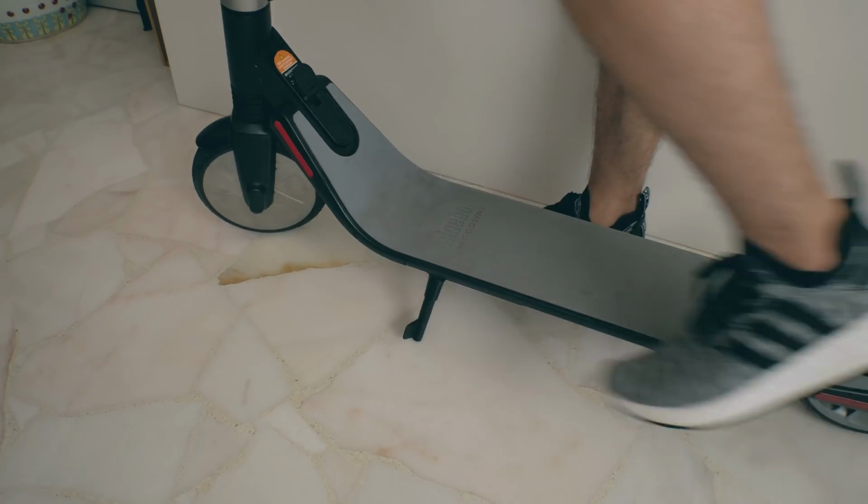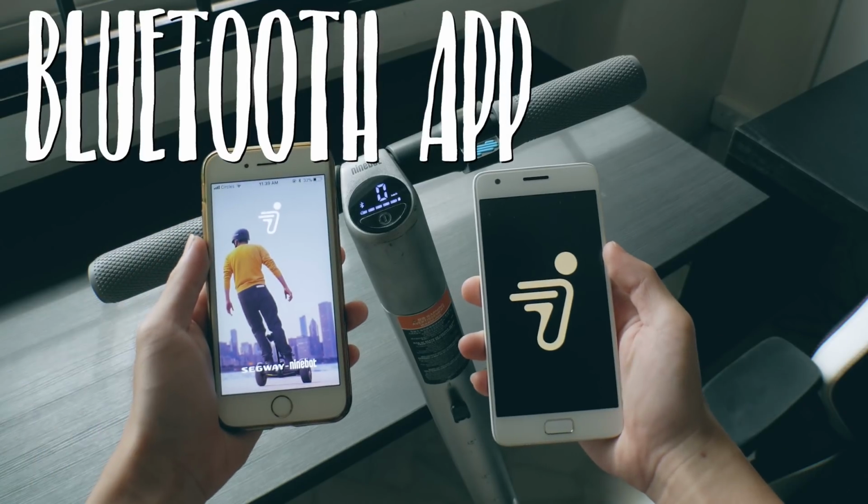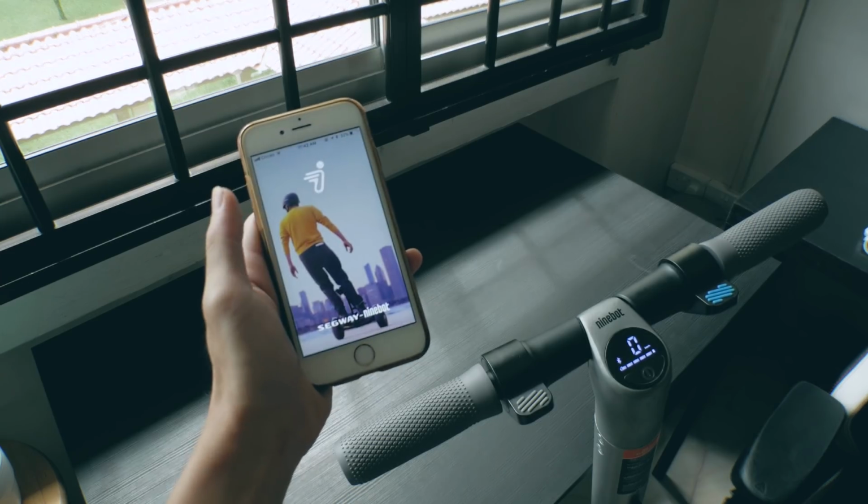It also comes with a mini kickstand to rest it in an upright position and a small hook to hang your bags and other items. What's unique and stands out amongst the rest of the electric scooters is that it has its own Bluetooth app, both in the Google and the Apple Store. Connecting via Bluetooth is extremely simple. Just make sure the scooter is on and of course Bluetooth. Launch the app and